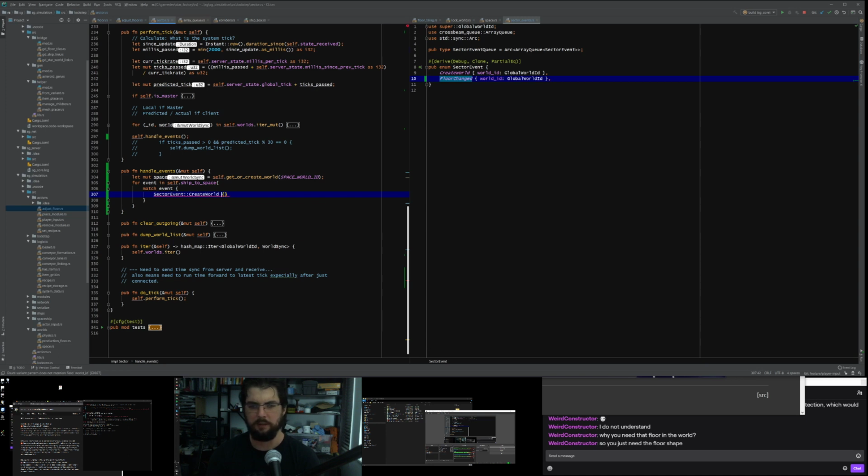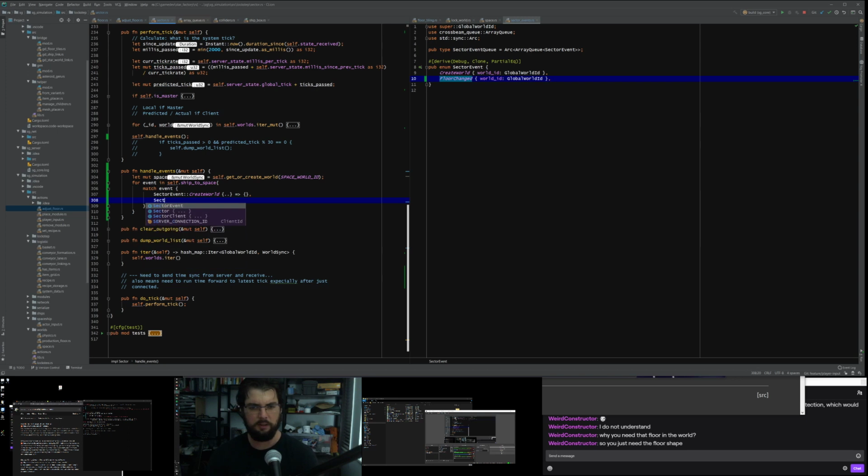I don't really care about the create world event, so that does nothing. Why is it unhappy with me? Was it happy with that? No. Also, we don't care what the variables are, and we don't want to do anything with create world here.